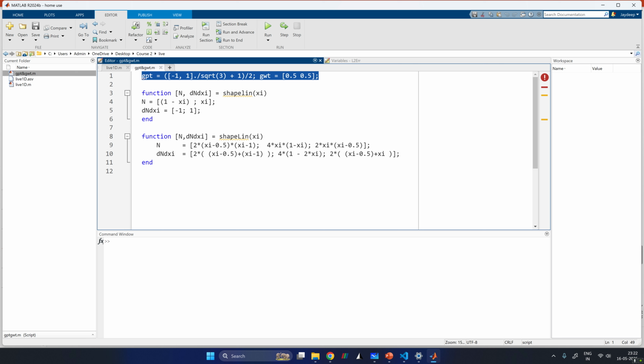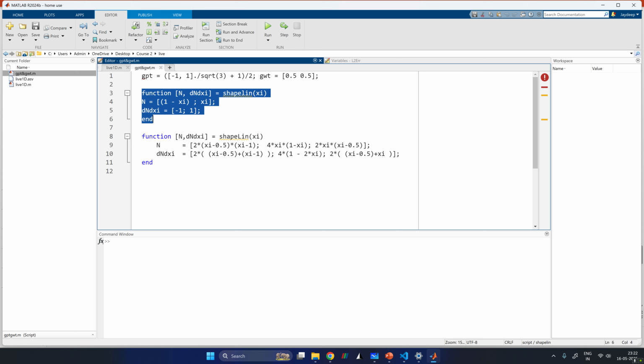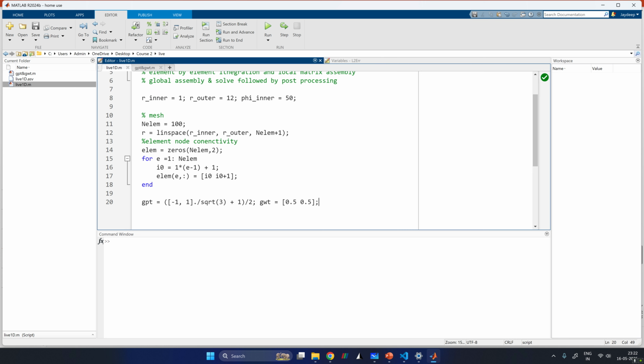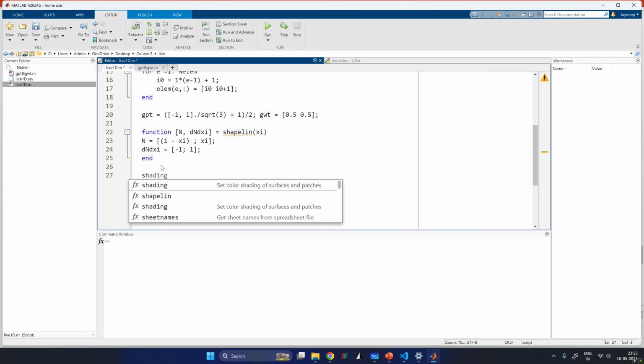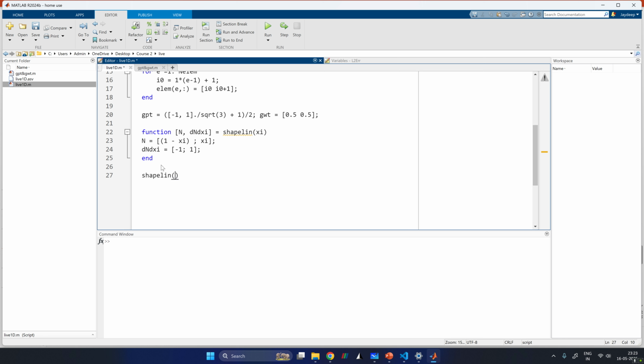So when you use 0 to 1, your shape functions as well as your Gauss points will have certain values, and in another master element both of them will change. So you just have to make sure that both of them are compatible. And so these are our Gauss points and these are our shape functions. So if I want to pre-compute the shape function at a Gauss point, I will just say shape lin of Gauss point of g, I mean Gauss point of 1 or Gauss point of 2,